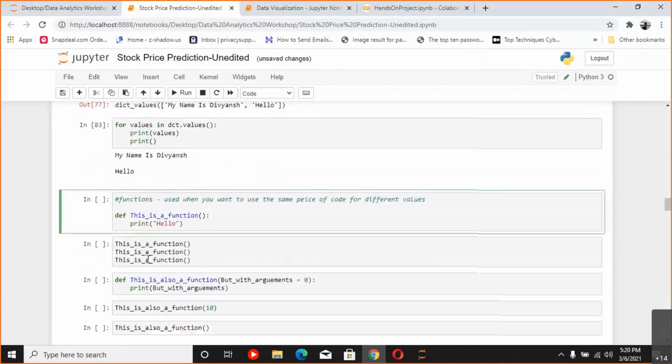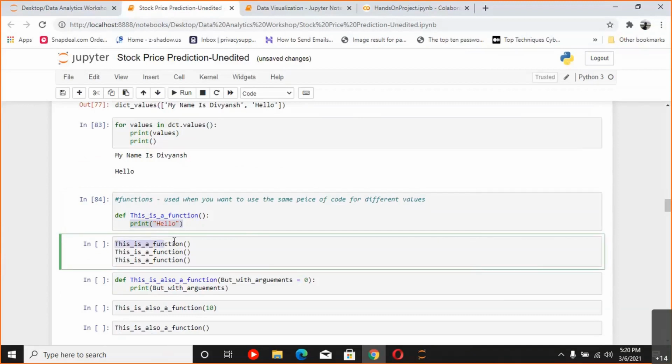Similarly, for functions, you need to indent to define what part comes inside the function. So here I have defined print hello inside of the function. This is a function, and when I run this, hello is not printed. Nothing happens, no output. Why? Because the function is just defined and it is not being called yet. Now, what do we mean by calling a function? Calling a function is typing the name of the function and then round braces, nothing else.